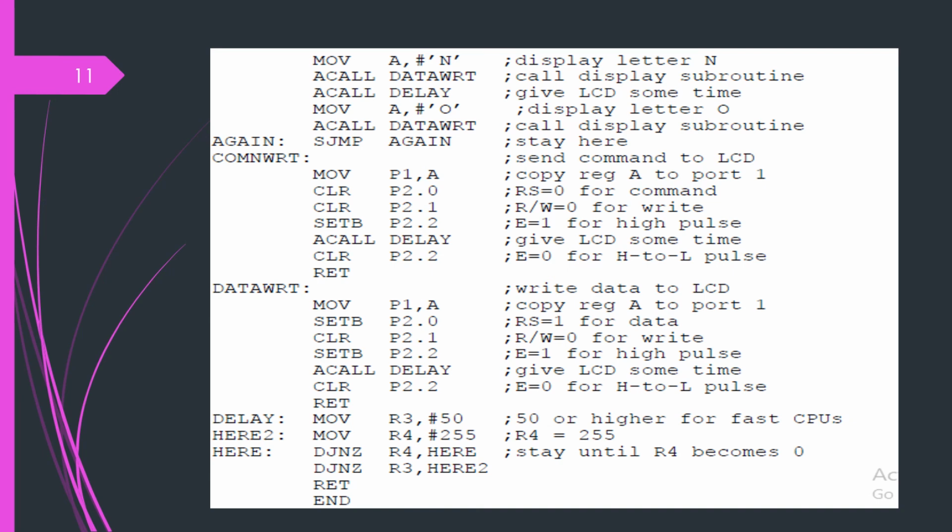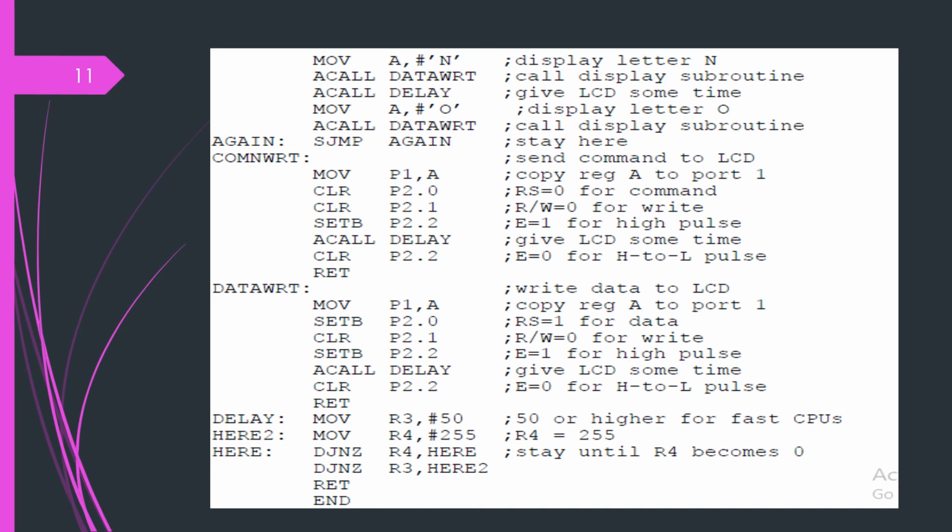The upper one is the command routine, the lower one is the data routine, and the delay routine is a small delay routine. We have calculated this approximately, and the R3 register contains 50. This is generally for fast CPUs. It is a tentative delay adjustment as per our requirement, averaging around 40 microseconds, to satisfy the proper period.